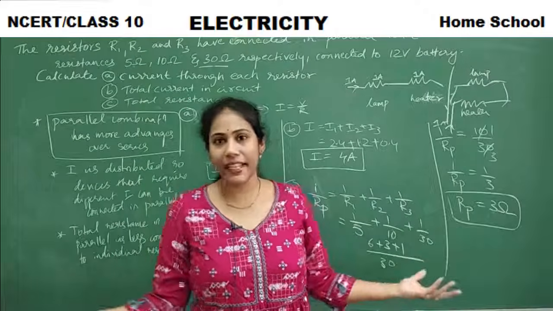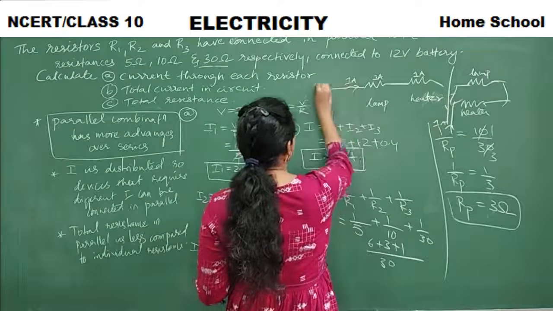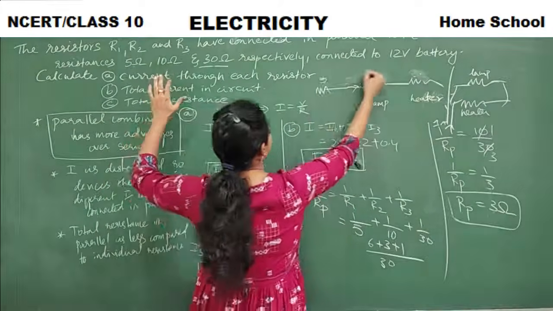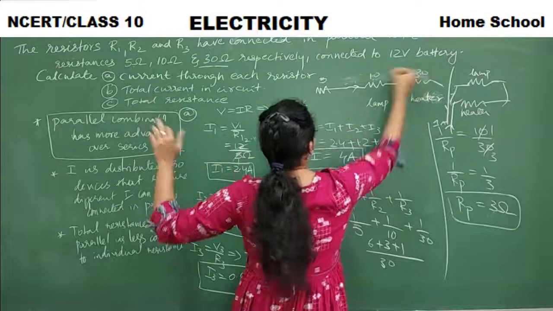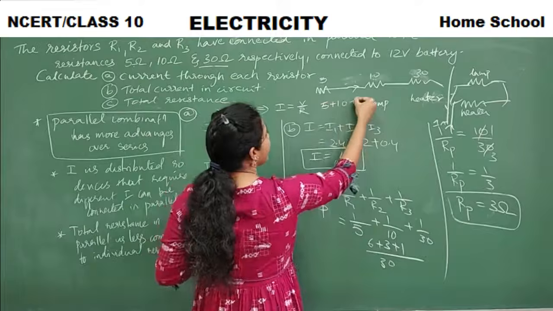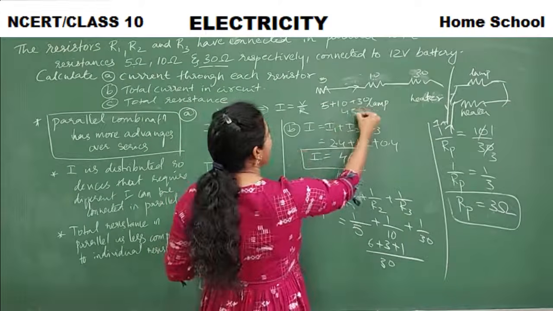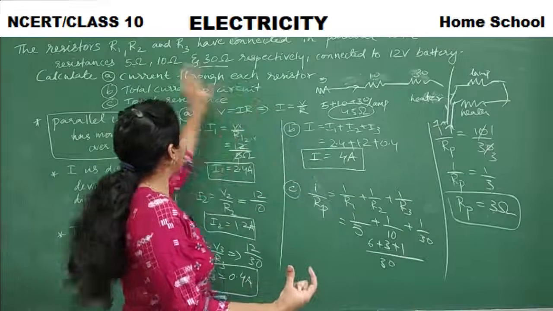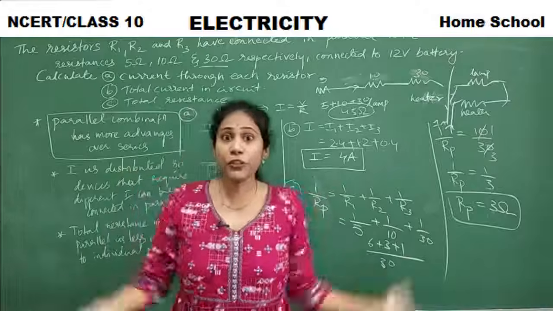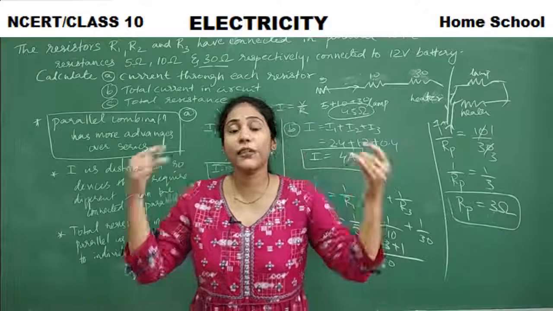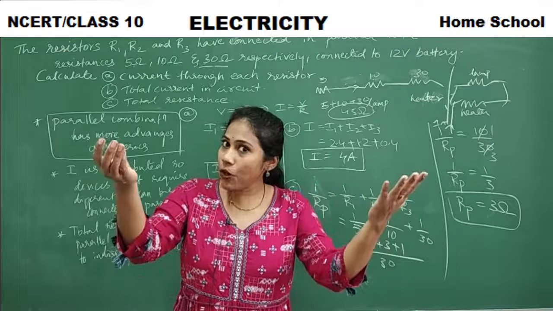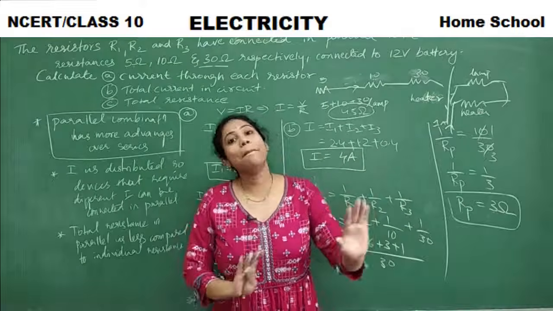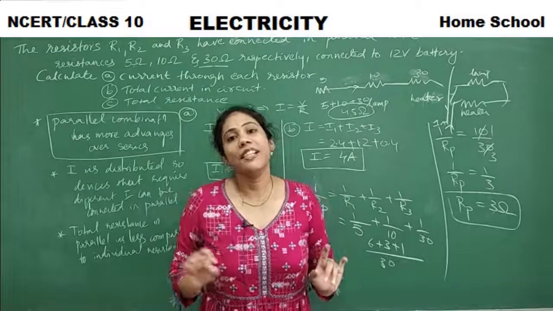Whereas in a series, it's not like that. Imagine these resistors are connected in series. So what is the total resistance? You will add, no? 5 plus 10 plus 30, so you would get 45 ohms as the total resistance. So the total resistance is much more compared to the individual resistance. The circuit's total resistance is increased to a larger extent. If the resistance is more, can the current flow nicely in a circuit? Never, right? So this is another comparison between a series combination and a parallel combination.